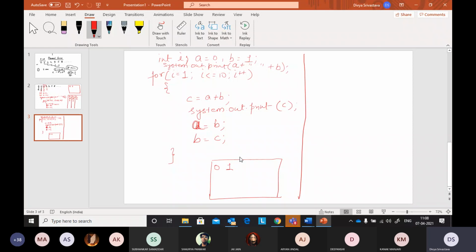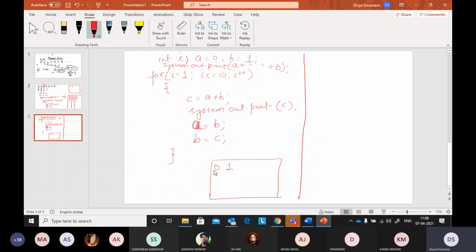Now tell me, if in a series I have already printed 2 elements, how many elements do I need to print? The rest. How many are remaining? 8. But how many times we are running our loop? 10 times. So what will happen? It will print how many elements of the series? ये 10 प्रिंट करेगा और 2 हम ऑलरेडी प्रिंट करा चुके हैं, तो टोटल कितने एलिमेंट प्रिंट हो जाएंगे? 12 आएंगे. तो इट मीन्स कि either we start our loop with 3